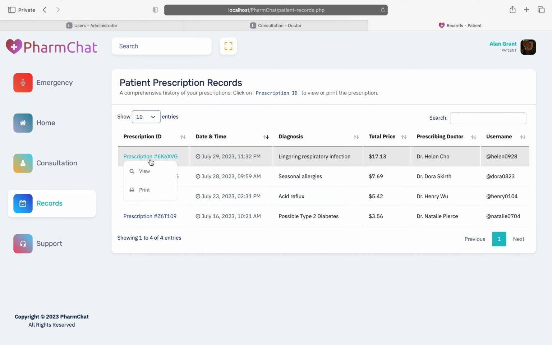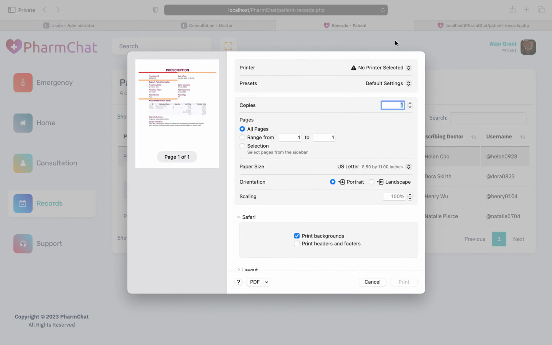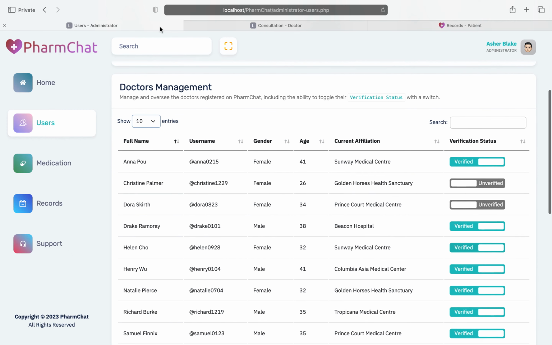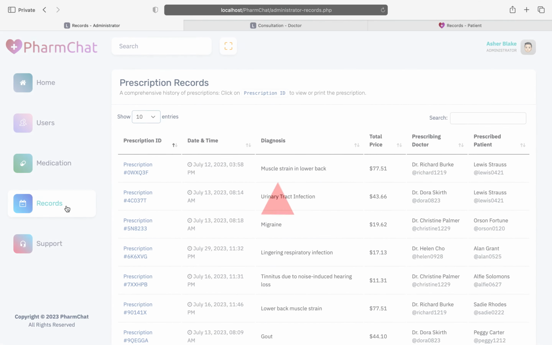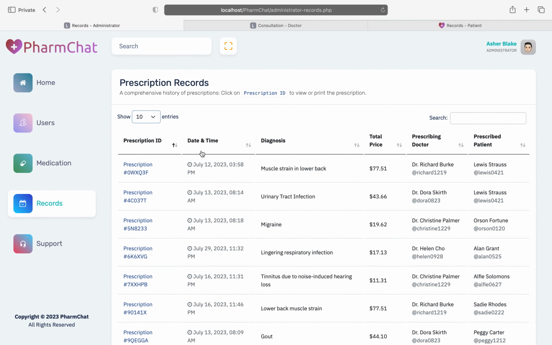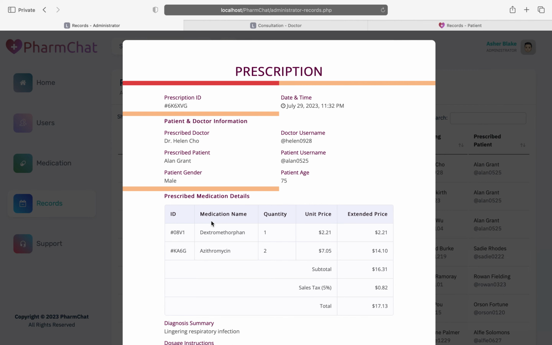And you can also print out the prescription or save it as a PDF file. And from the administrator's perspective, he sees all the prescription records. So after reviewing the prescription and confirming that nothing is wrong, the administrator will arrange for a third-party courier to deliver the medications to the patient's doorsteps.